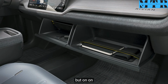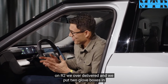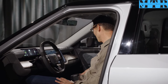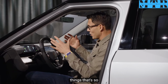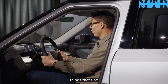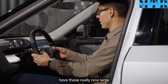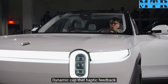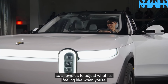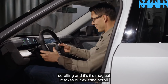But on R2, we over-delivered, and we put 2 glove boxes in. The other thing, there's lots to see here, but one of the things that's so exciting is the way we've looked at the controls. And we have these really nice, large wheels and the scroll wheels and the steering wheel. There's dynamic haptic feedback, so it allows us to adjust what it's feeling like when you're scrolling, and it's magical. It takes our existing scroll wheel and really up-levels it to a degree that's hard to fully appreciate unless you're